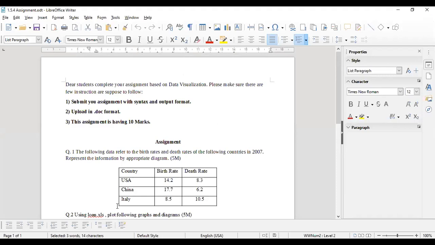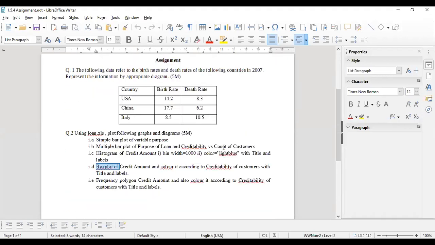So these were the questions. I think this same type of questions I have given here. So you can work on this question 1, as usual, as you are working for submitting the assignment, you work the same way, but using loan data. Maybe next week, hopefully next week only, I am going to update